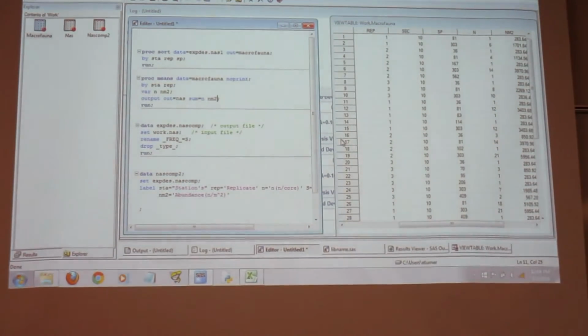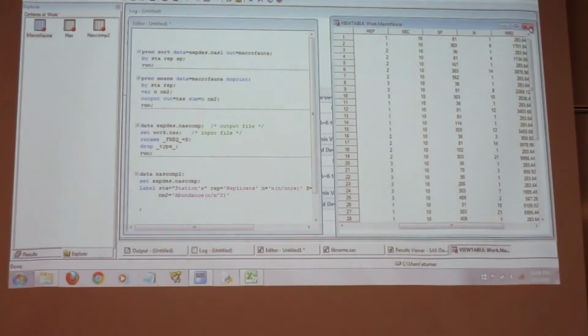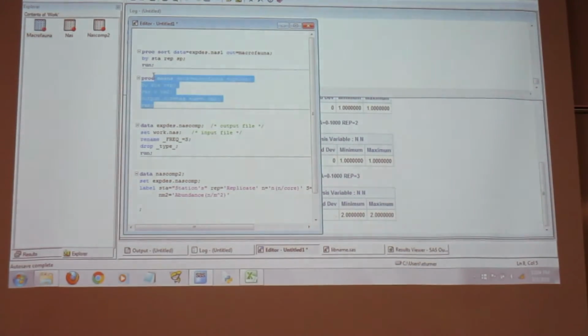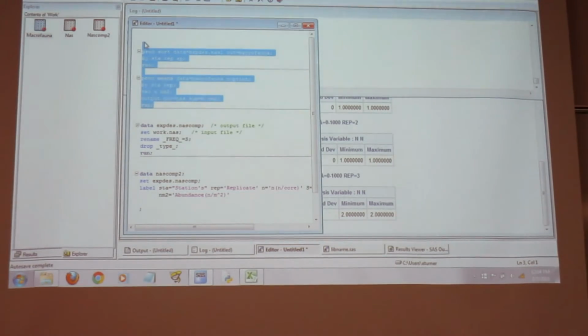So let's go back up. Now let's see what happens. Let's run this. I'm going to run the first two. I'm going to take, again, a fresh copy, sort it, and I want the sums now not just for the richness, the number of species, but also the number of species per meter squared.